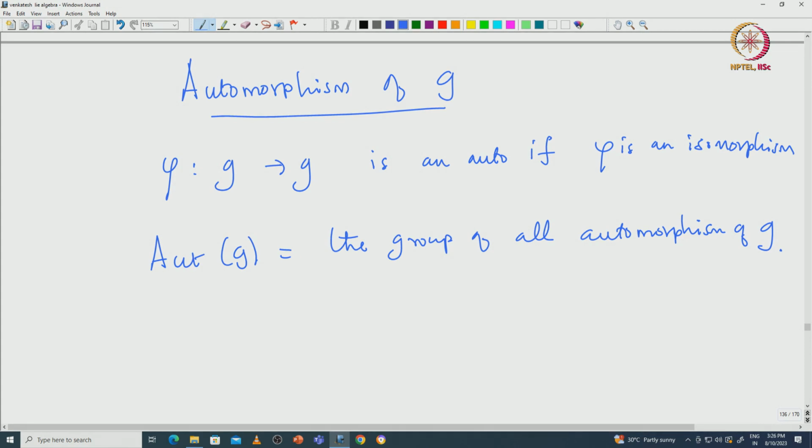That will be called the inner automorphisms of G. We will come to that in a minute, but let us see some examples of automorphisms of G